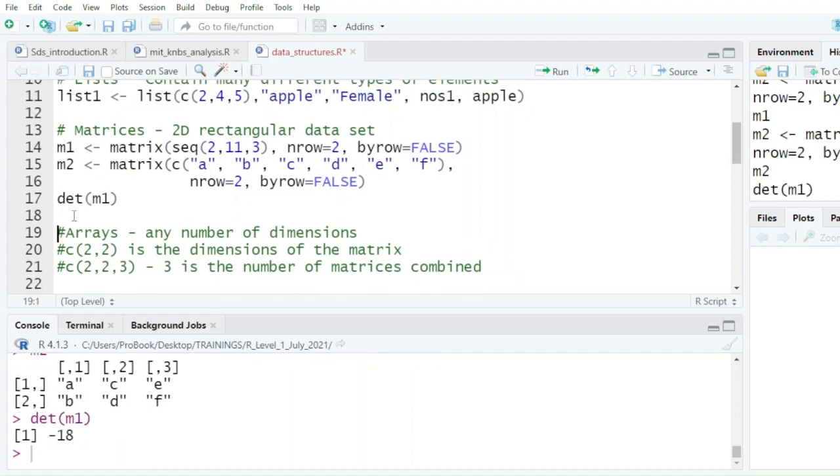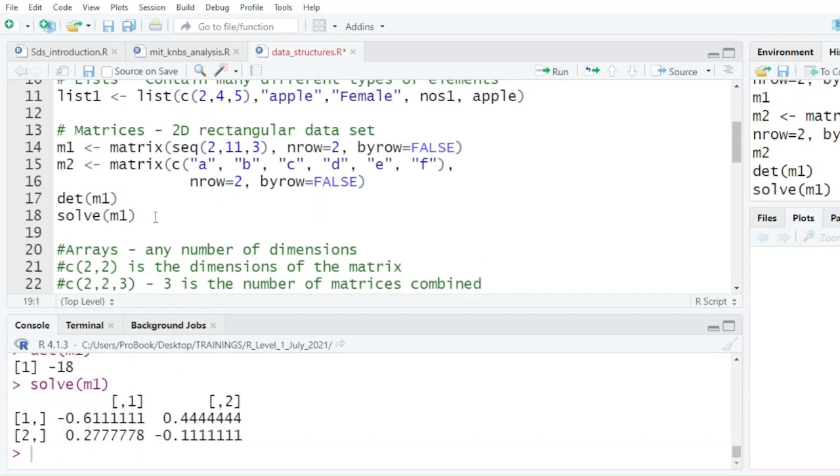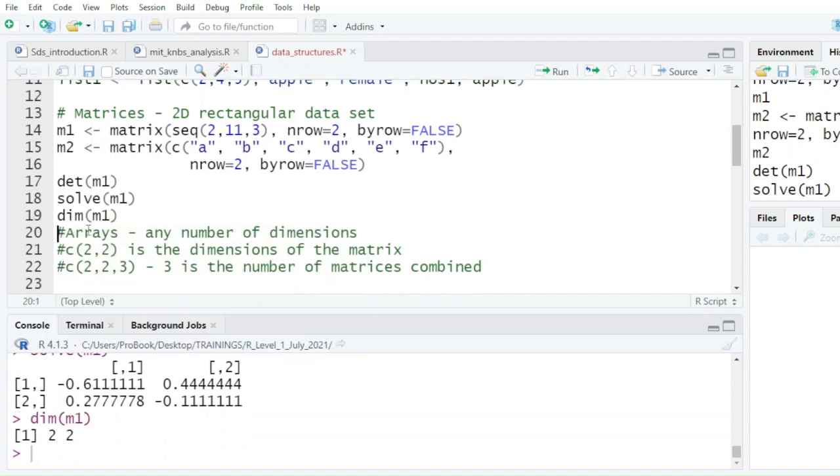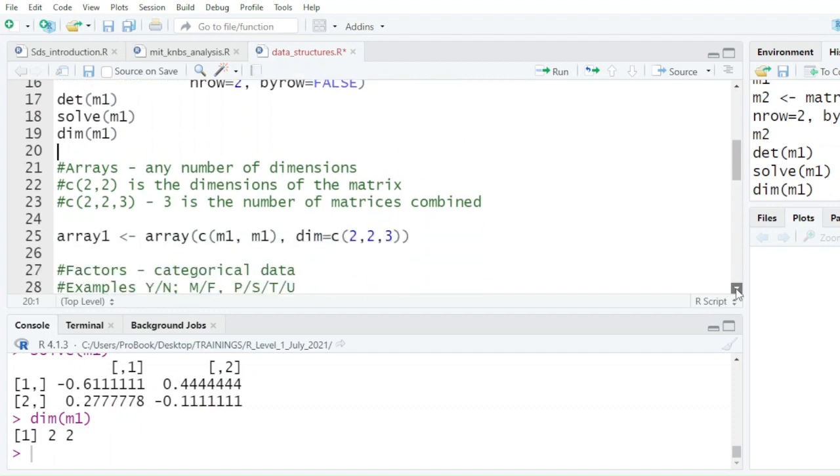So if I try to get the determinant of M1, it tells me it is negative 18. I could solve M1, that is to get the inverse, and that is the inverse of that matrix. I could get the dimension of M1, dim of M1, and it tells me it's a 2 by 2. The other data type that we have is an array, and